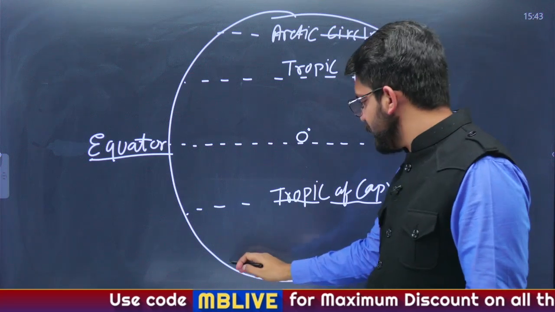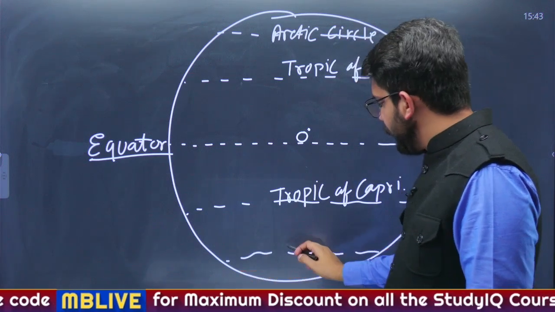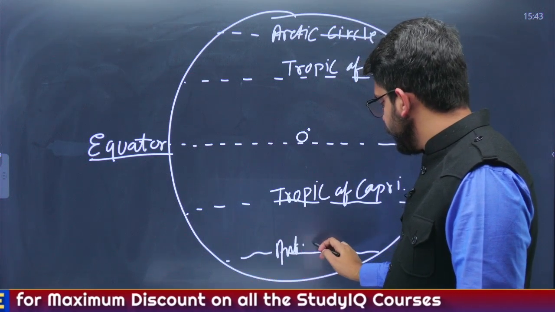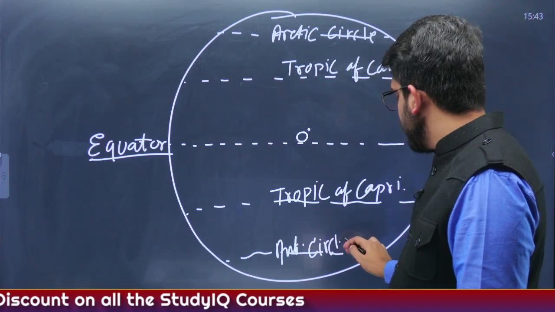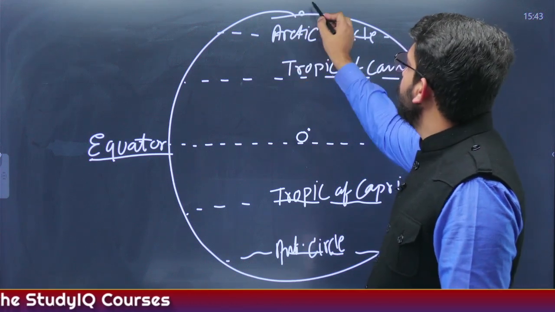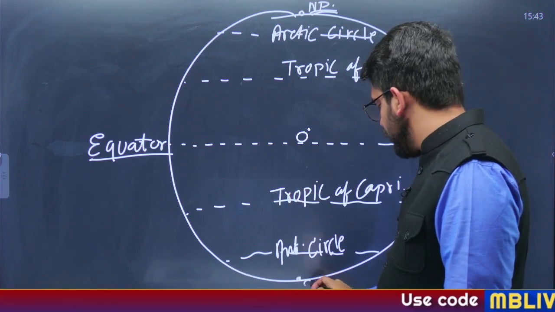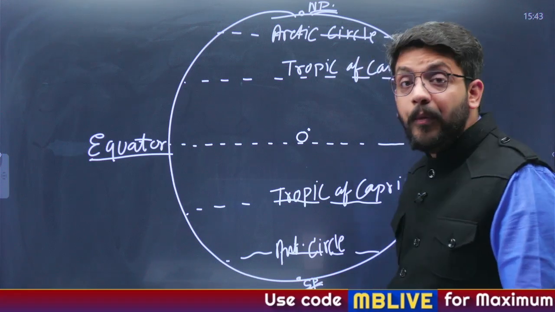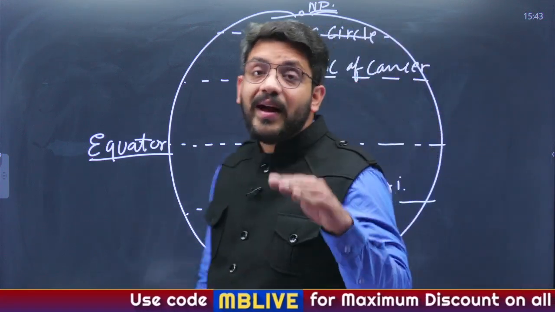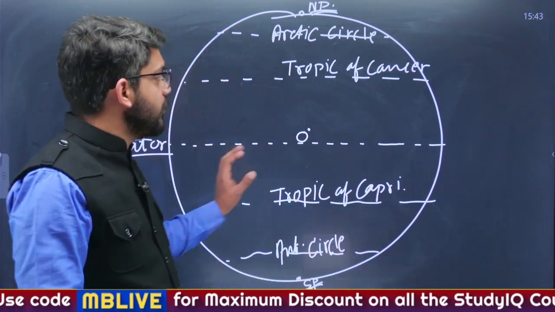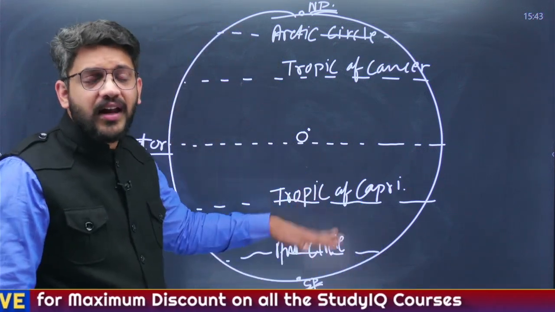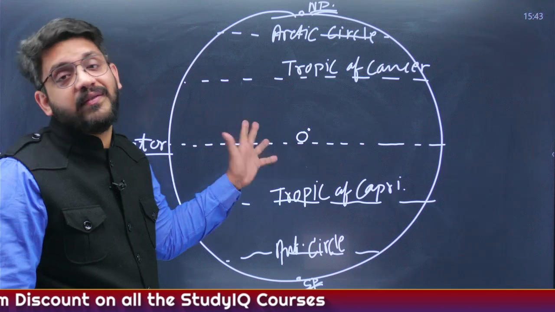And at 66.5 degrees south you will find the Antarctic Circle. At 90 degrees north you will find the North Pole, and at 90 degrees south you will find the South Pole. These are the important latitudes present on the surface of the earth, and all these latitudes as well as longitudes